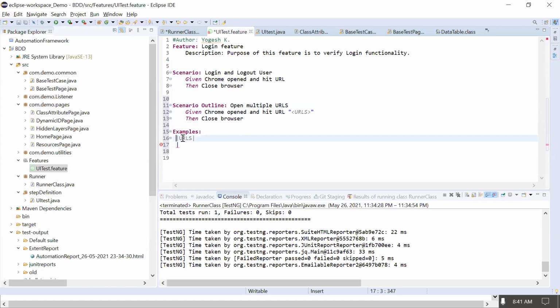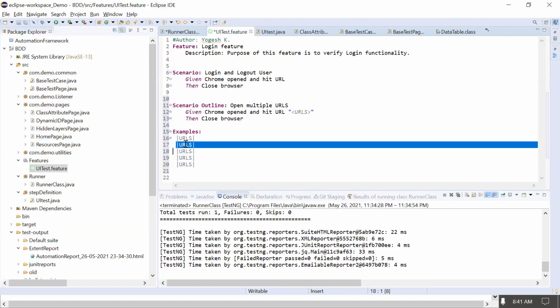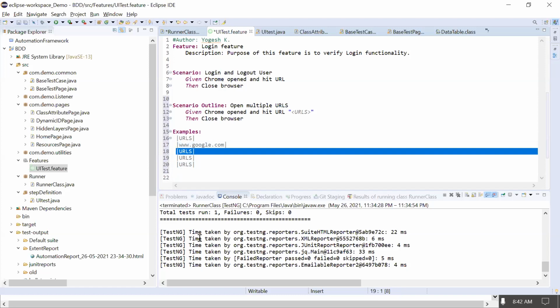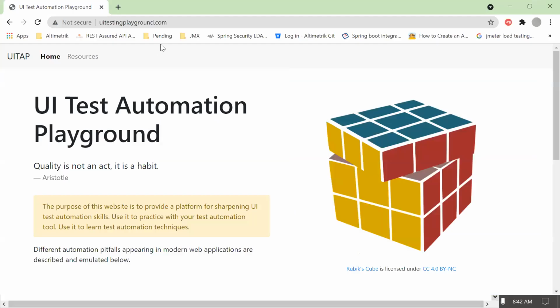I will give the data now. I'm just copying this pipe. I'll give a few URLs here. I'm just opening some random URLs.